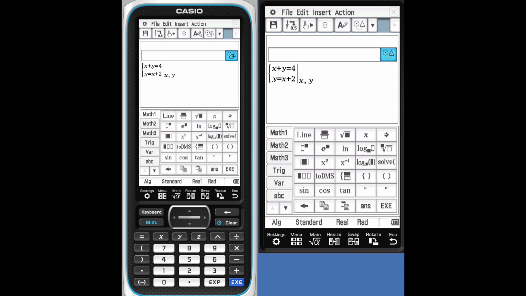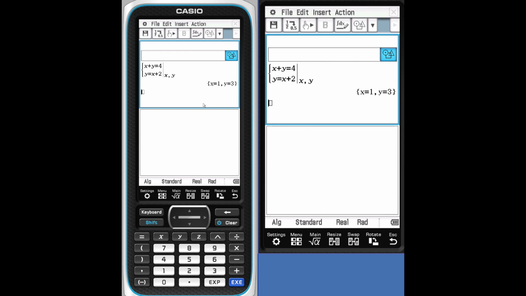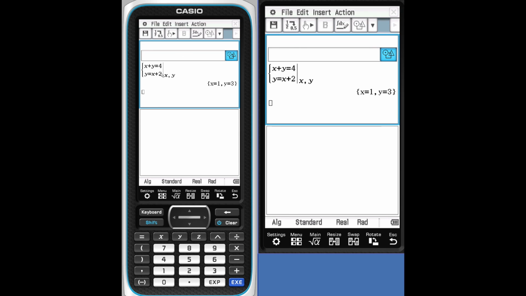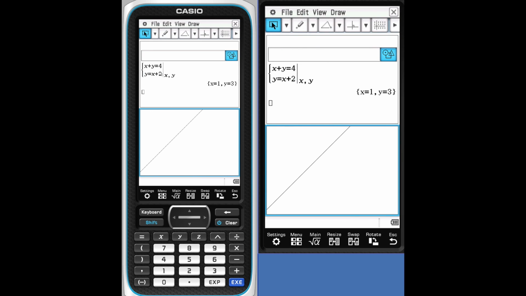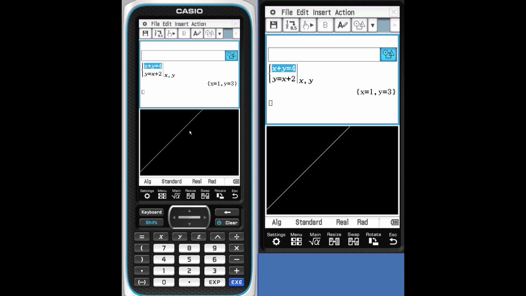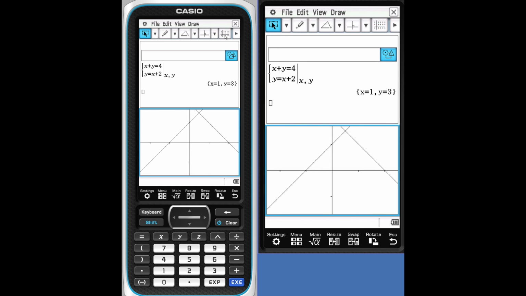And currently, I'm writing instead of calculating, so now I've changed that to a calculating window. So now we get an answer. If it has just the A, that just means you're typing, so that's text versus a calculation. If you're not in a calculation, it won't calculate. Put away the keyboard. Let's drag and drop the system of equations that we got. We'll do this one at a time. We'll drag the first one, select the second one, drag and drop. Let's turn on our grid in the background.